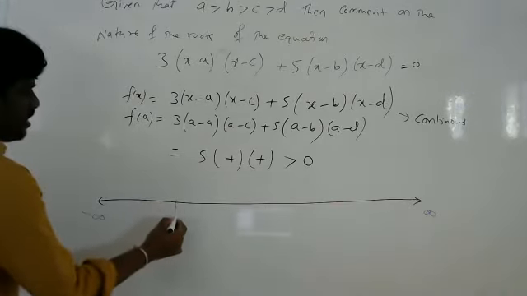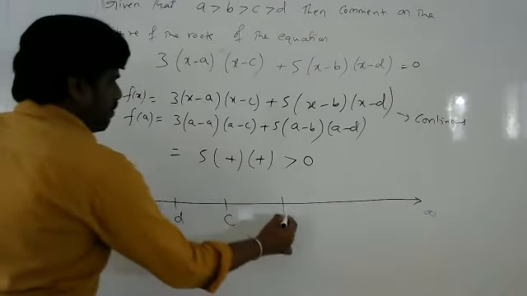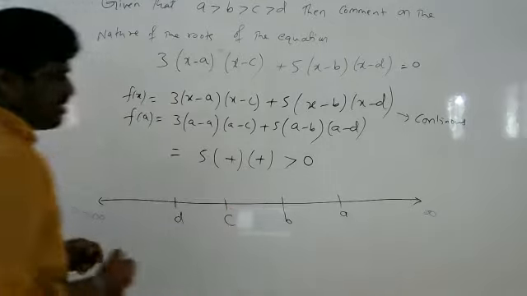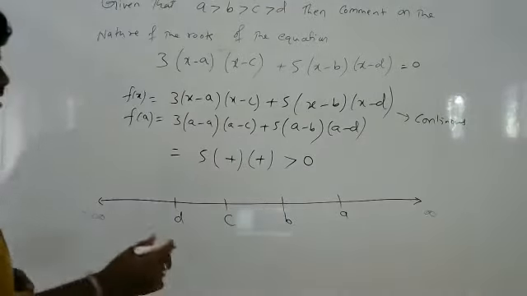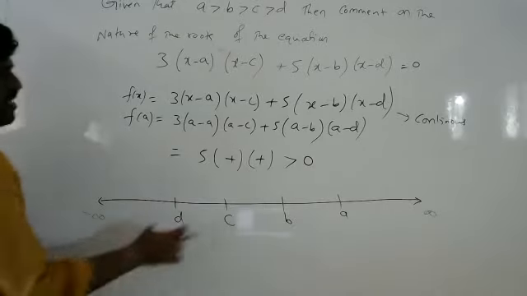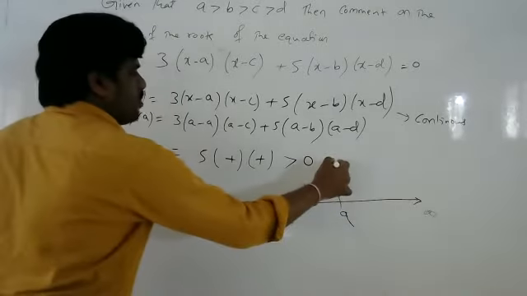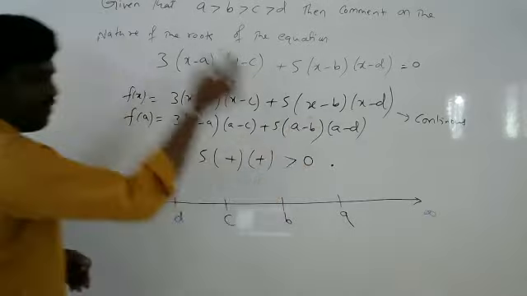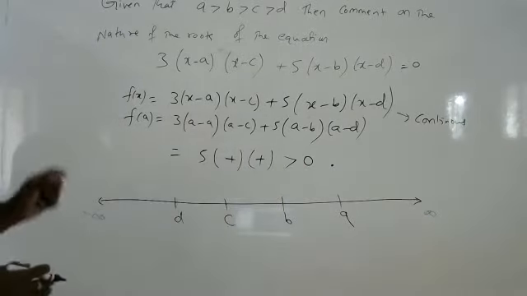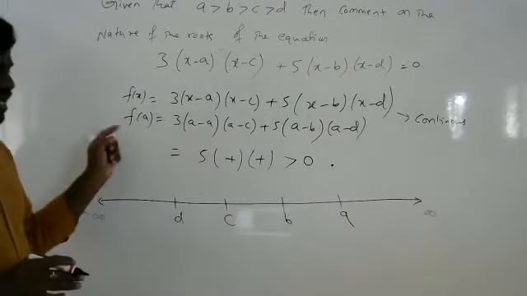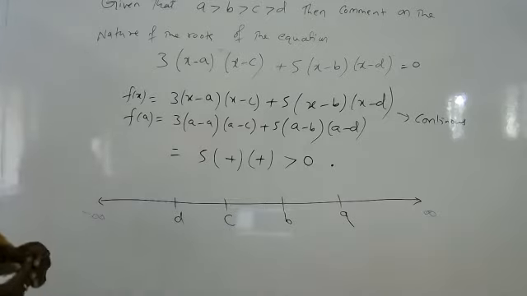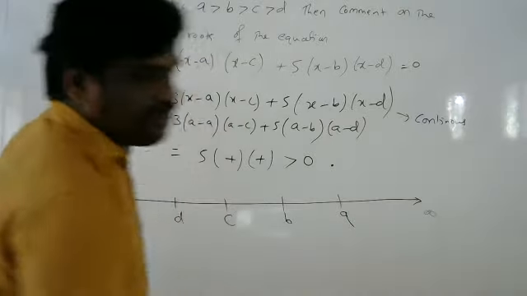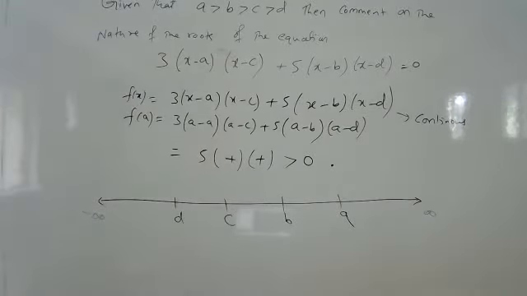So you have to take here D, C, B, and A, because A is the greatest number. This is the order. Now if I substitute A, I got positive, meaning on the upper part. Then I substitute B, then C, one by one, like that. Please note this down fast, then I will explain.